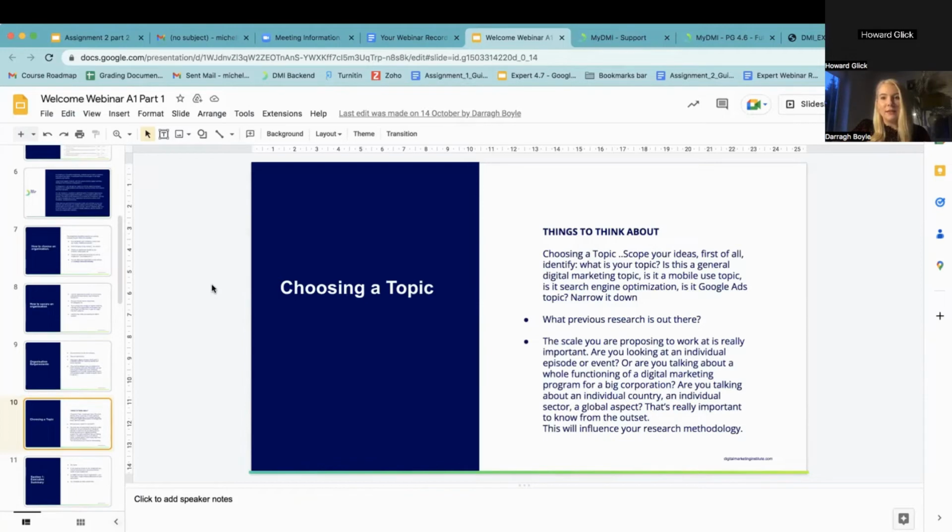And when you're going to do your research, you can always go back to that post-it note and say, is this research meeting my topic? Am I finding what I want from this research? Yes or no? Sometimes it's easy to go down a rabbit hole and go off on a total different tangent into areas of research that are completely irrelevant to your topic. So just make sure that you really zone in and decide on your topic first. Otherwise, you can waste time easily and things can be very vague. So choosing your topic will really help inspire what methods of research you're going to need and what's going to help you.